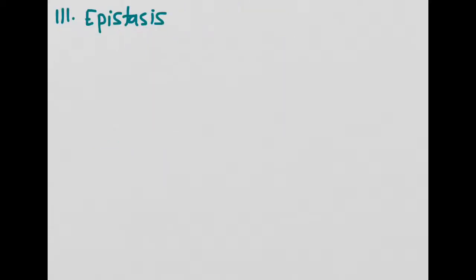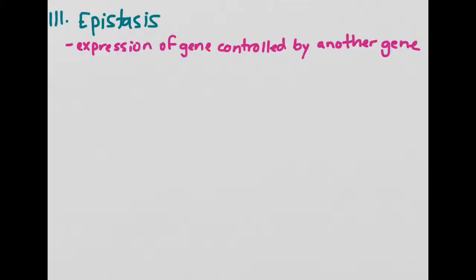Another important thing that can happen with genes is something called epistasis. This is when the expression of a gene will be controlled by the expression of another gene. So for example, in mice, there are going to be different genes for fur color, but there also is going to be a gene that controls whether or not any pigment is produced at all. So you can have mice that have genes for black and something called agouti colored, meaning that the coloring will be banded in their fur. But if you have the pigment gene missing, then they all are just going to appear white,